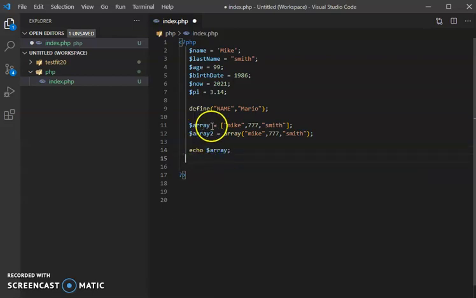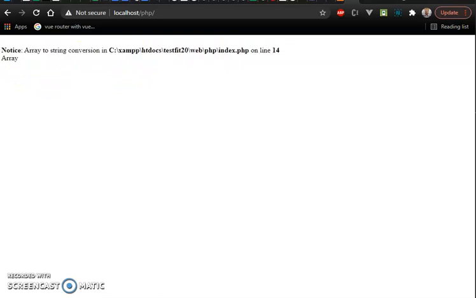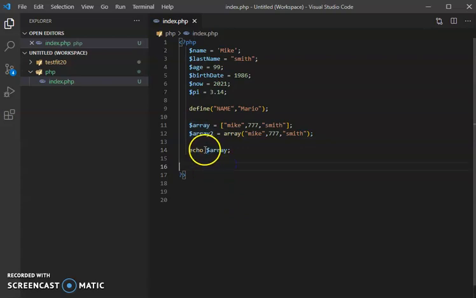If you echo the whole array, because echo expects a string, it will not work. But let's check what we'll get. We'll get an error: array to string conversion. So we cannot access an array like this. I will show you how we can print an array in a readable way,